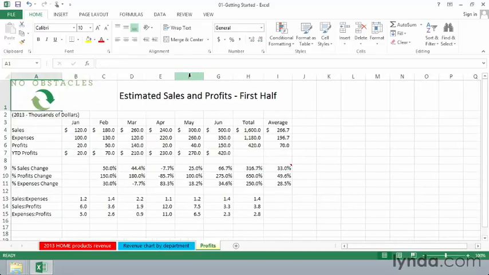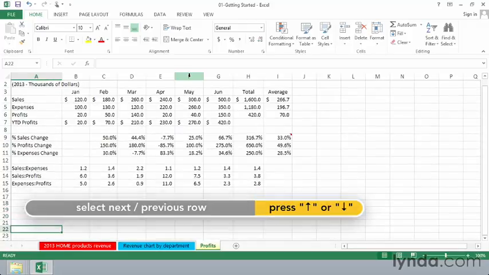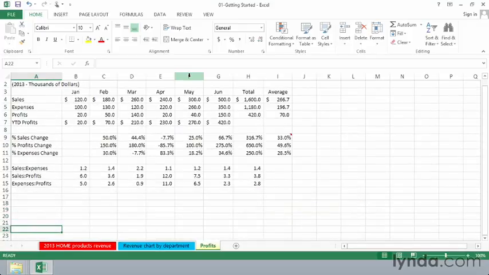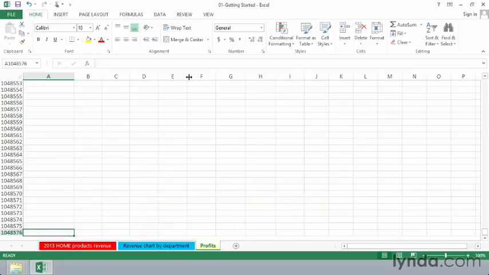It also has many, many rows. They're identified by numbers down the left-hand side. And as I press the down arrow here, of course, you could imagine we could be doing this for a long, long time. I'm going to press Control down arrow, and you can see we have over 1 million rows. A quick way to get back to the upper left-hand corner of any worksheet is with the keystroke combination Control